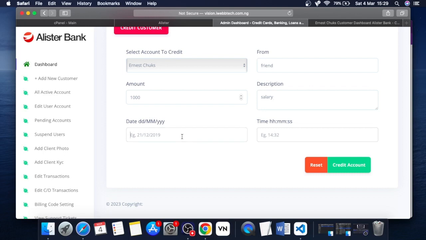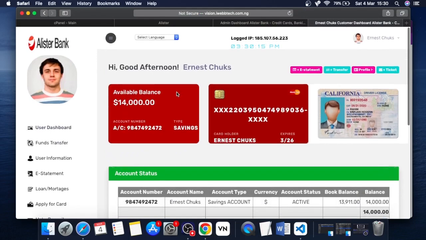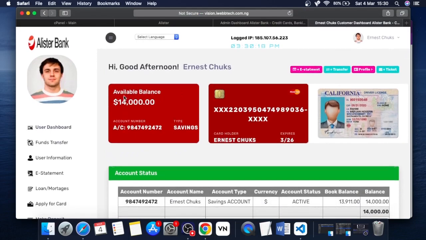Okay, the date, I'll just say 0404, I don't know, I'm just making these up anyway, 2022. Okay, so the time, I'll just use the time right here, 14:13 on whatever. Just click credit account, and you can see this account was successfully credited with the sum of $1,000. And you can see right here from the user dashboard that he already has $14,000. So if I refresh this page right here, you will now see that he has